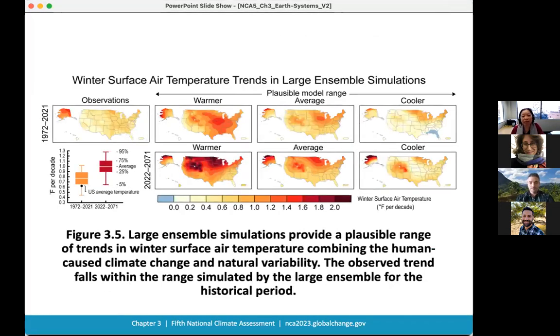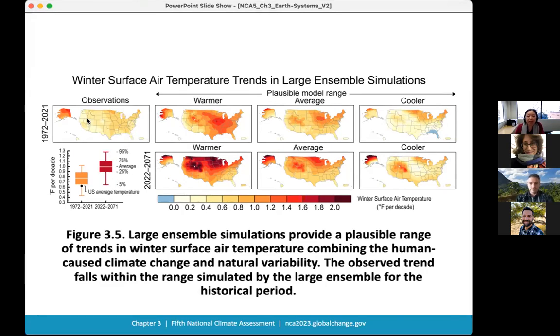And then another highlight here is related to the large ensemble simulations that we talk about in the key message. So large ensemble simulations are performed by perturbing the initial condition of the climate simulation. Similar to what we call the butterfly effect, as you perturb the initial condition for the climate model, it would result in a range of different pathways or evolutions of the climate system, because the climate system, similar to the weather system itself, has these butterfly effects. And so by performing large ensemble simulations, we can look at the past as well as the future.